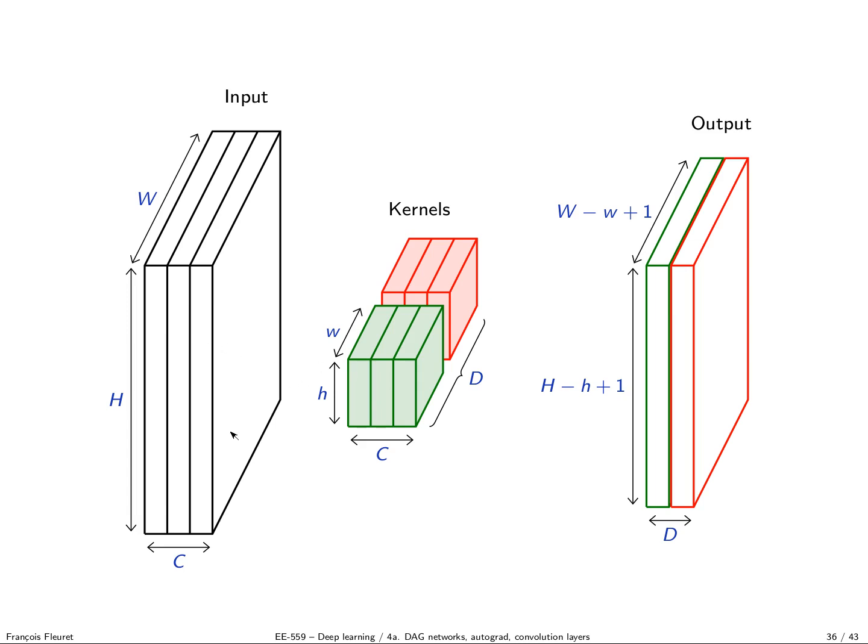You could have, and it happens actually in practice, 3 channels as input. Typically, the first layer of state-of-the-art competitive deep models for image recognition would get 3 channels for the image, RGB, and then you would have 256 channels, or even more. So this is really arbitrary. It's just the number of filters you put in there. Okay.